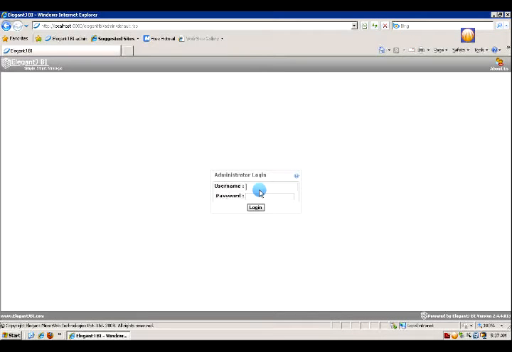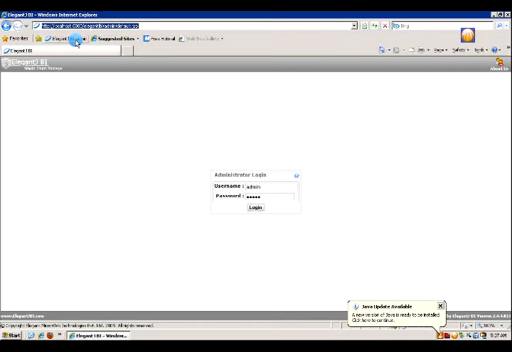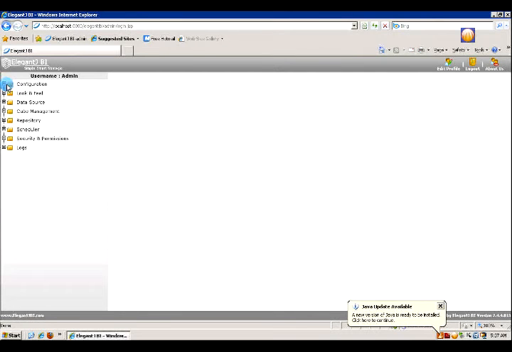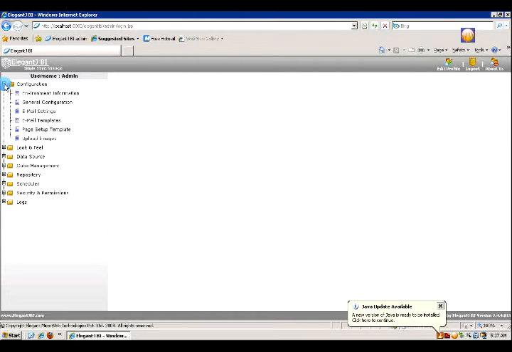One of the key features in any BI tool is to be able to do administration effectively. So here we have the Elegant JBI admin section. You click on this tab, enter, and you see there are multiple options for the administration of Elegant JBI. So first let's look at the configuration.